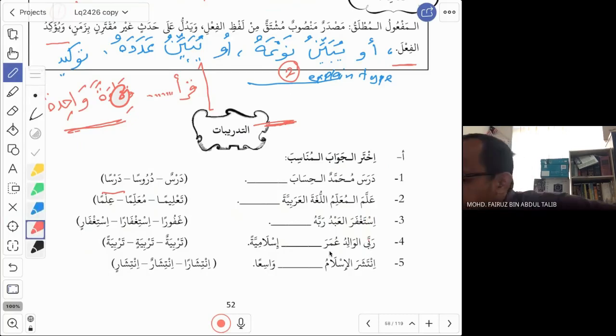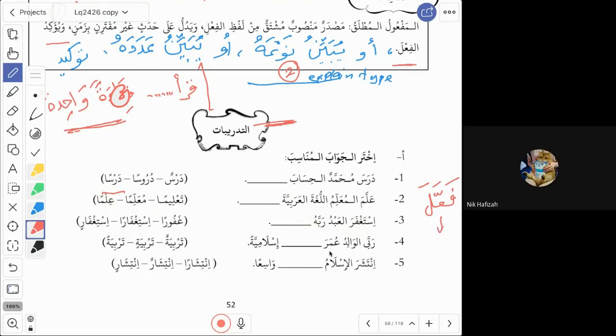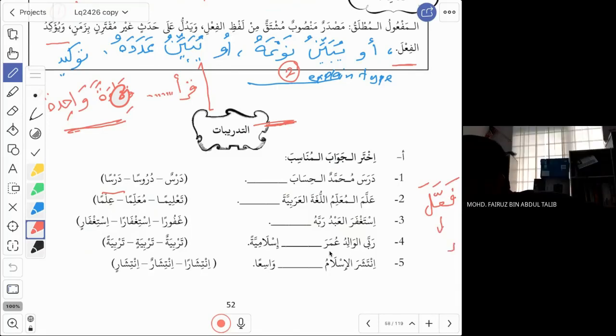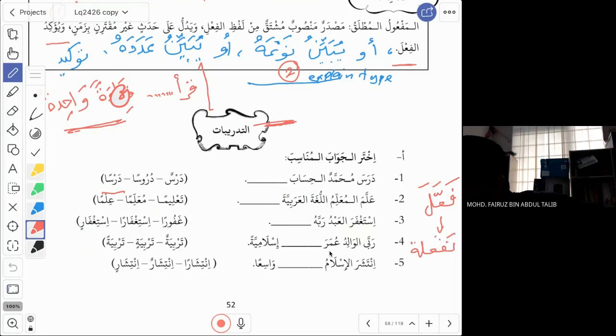If you remember, allama, the wazan for the fi'il is fa'ala. So if the fi'il is fa'ala, what is the masdar? From the lesson on masdar, we have 2 wazan. The first is taf'ila. The second is taf'il. So if you use the first one, taf'ila, allama becomes